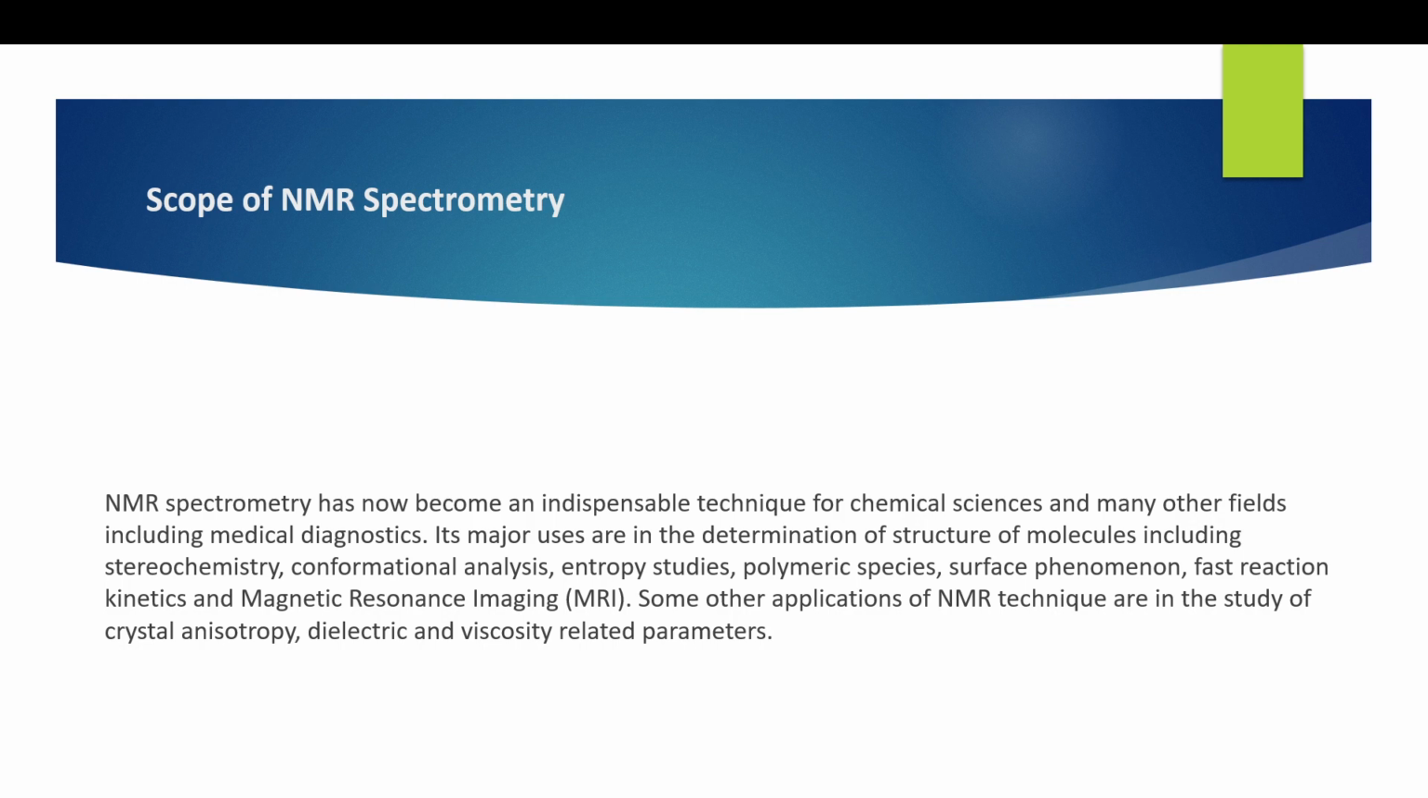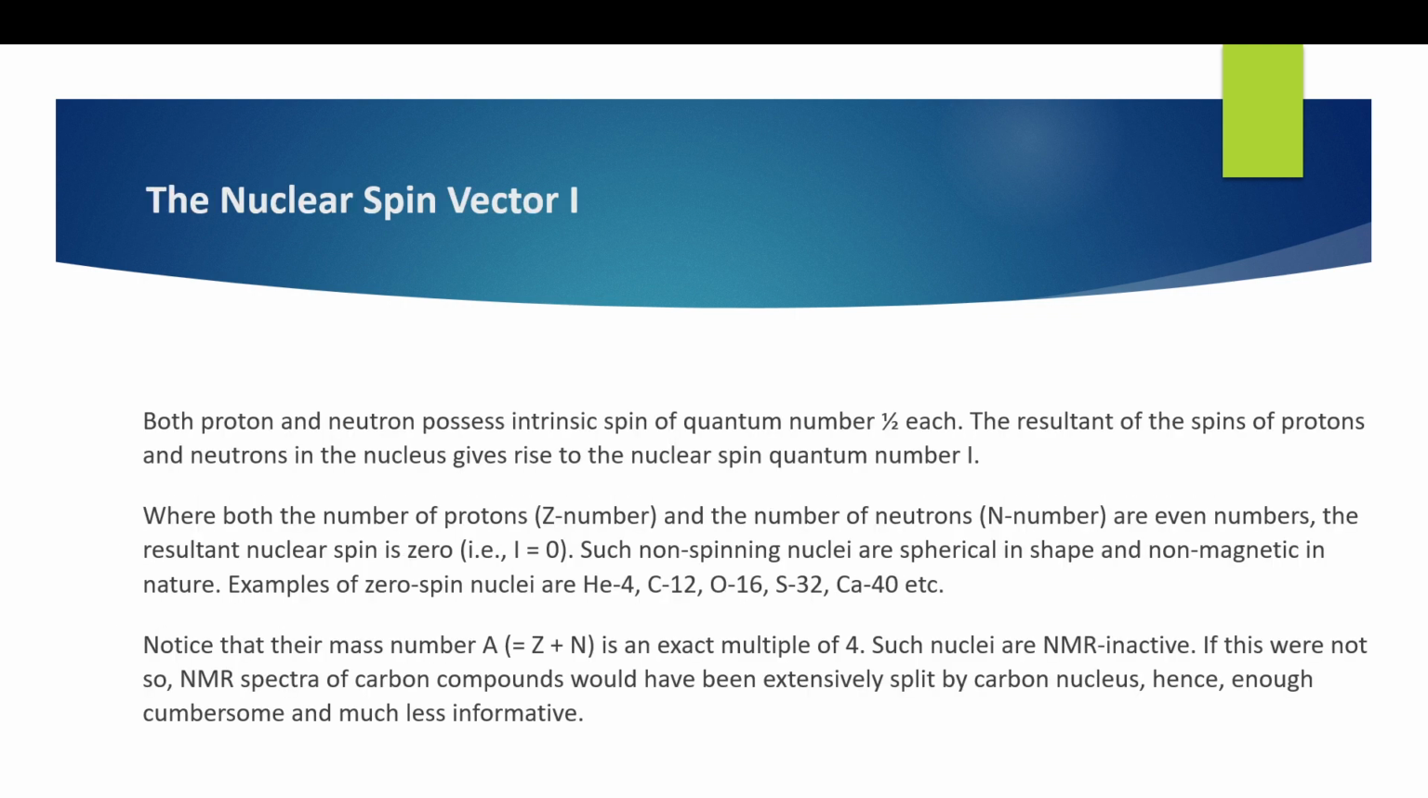MRI, which is very common in the medical field these days, is actually based on NMR only. It is an application of NMR. So let us go to the basic principles. First thing we will discuss, nuclear spin vector I. You know, proton and neutron possess intrinsic spin of quantum number half each. The resultant of the spins of protons and neutrons in the nucleus gives rise to the nuclear spin quantum number I. For example,